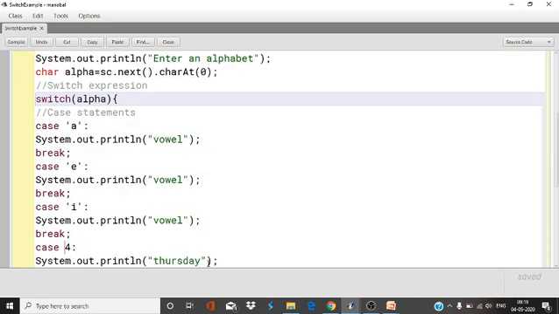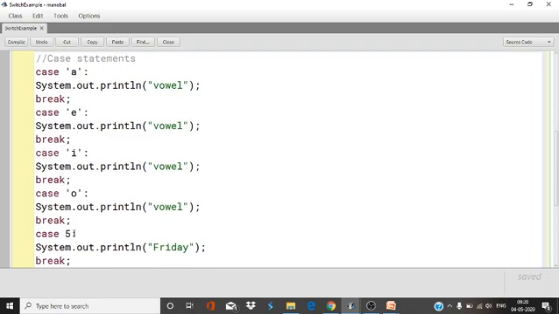a, e, i and then o, vowel. U, vowel. Now, capital letters also you have to give.